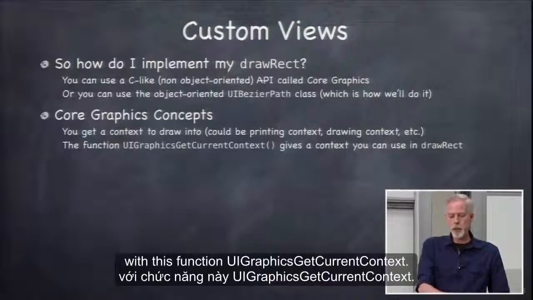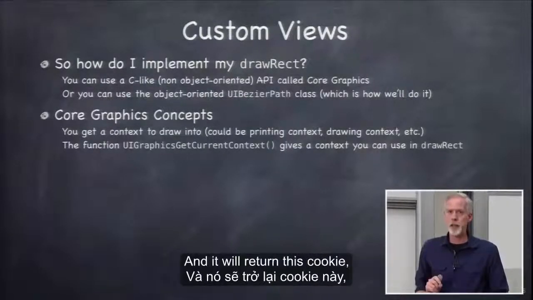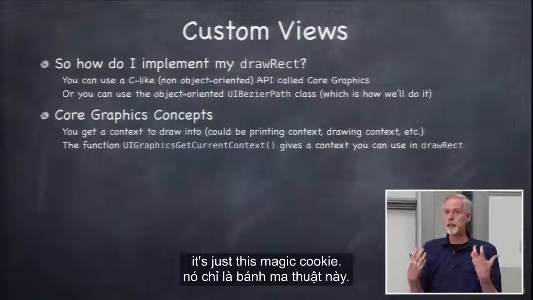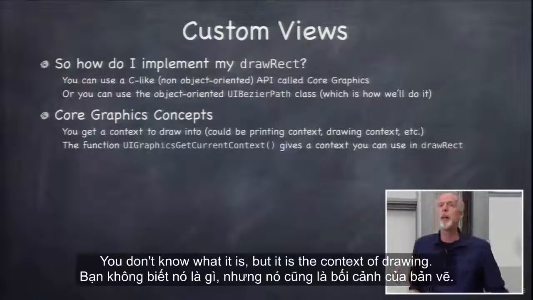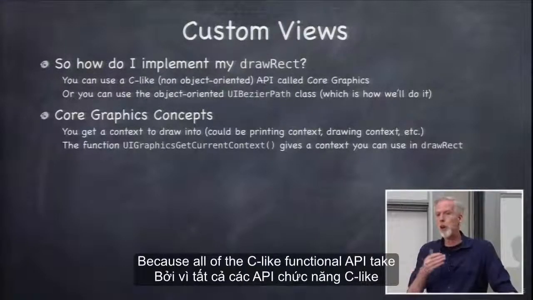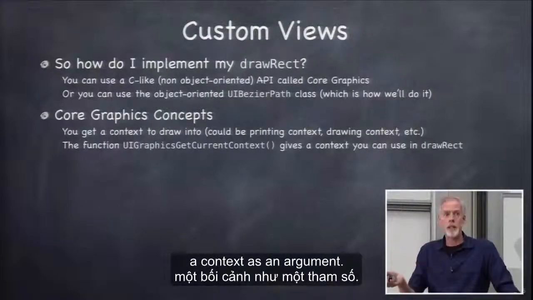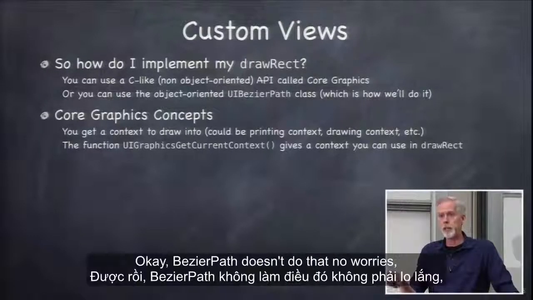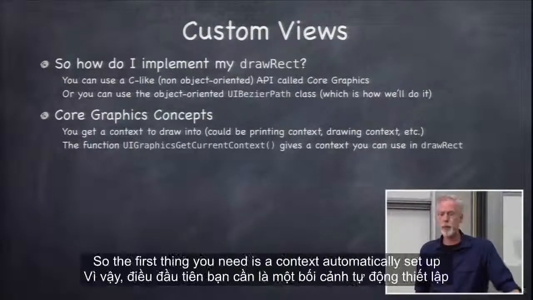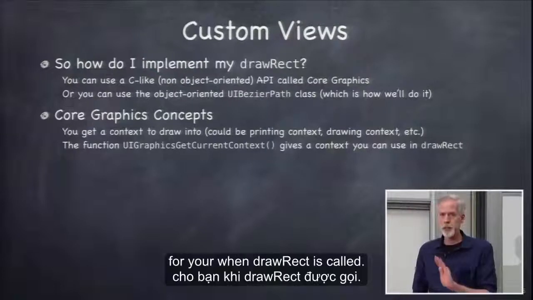You can get it with this function, UI graphics get current context, and it'll return this cookie. It's just this magic cookie. You don't know what it is, but it is the context of drawing. Because all of the C-like functional API take a context as an argument. Okay? The Bezier path doesn't do that, no worries. But that one does. So the first thing you need is a context, automatically set up for you when DrawRect